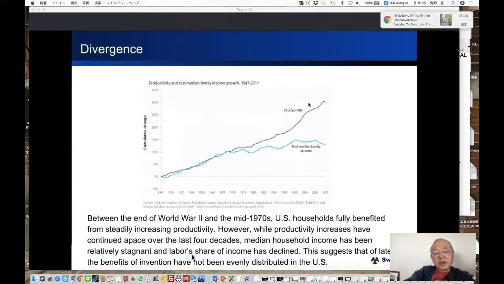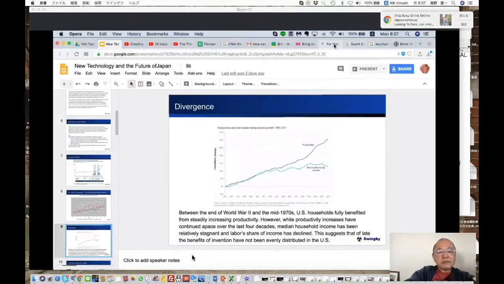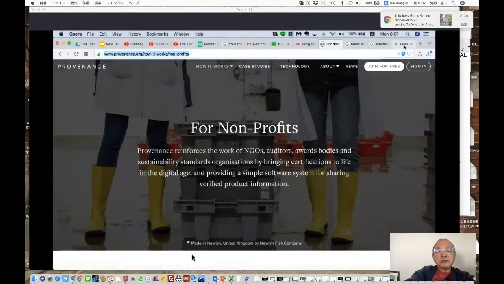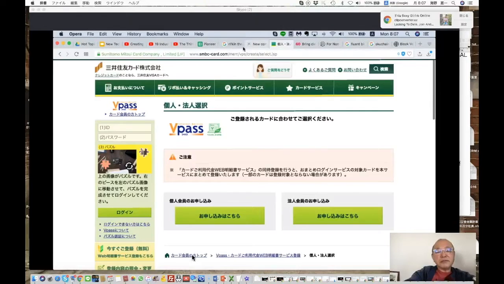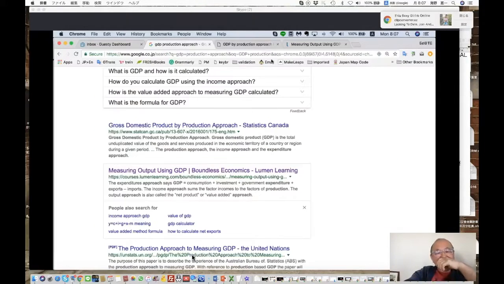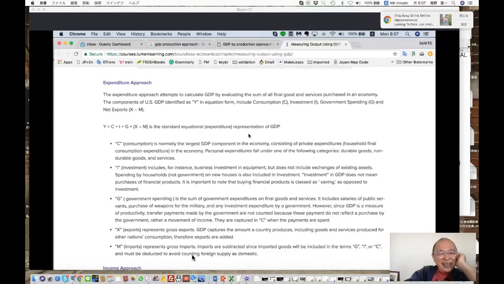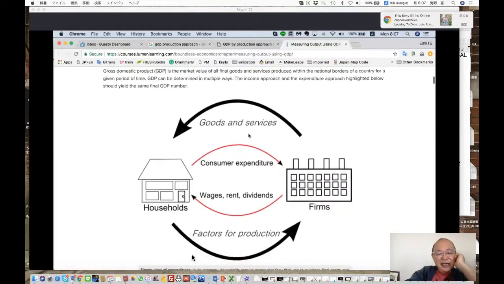Now, the income part is part of... Oh, by the way, productivity, what you're talking about, is the increase of GDP. The same meaning. Yes. So normally the GDP, the gross domestic product, it's how to measure the gross domestic product, and maybe this is where I should, because I opened blockchain. Did I open it here? Here. Oh, it's a good one.